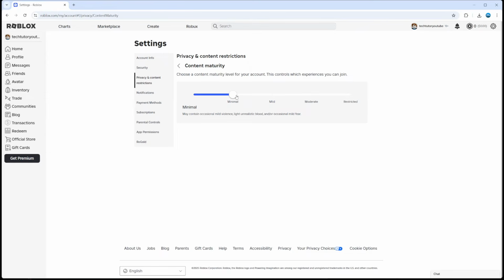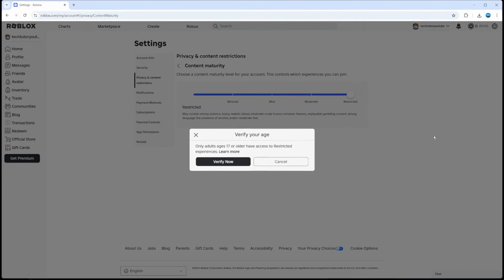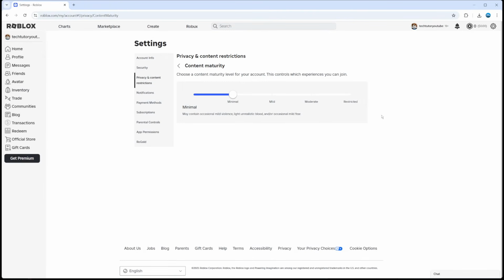So to get rid of this, the best way to do it is to drag this all the way to restricted, which is going to allow access to all experiences. But of course, make sure you do have an adult account and that you have verified your age so you can change this setting. So I hope this helped you guys out today,